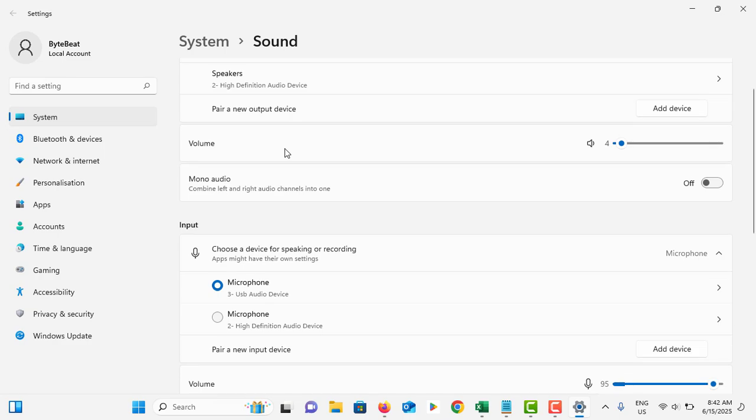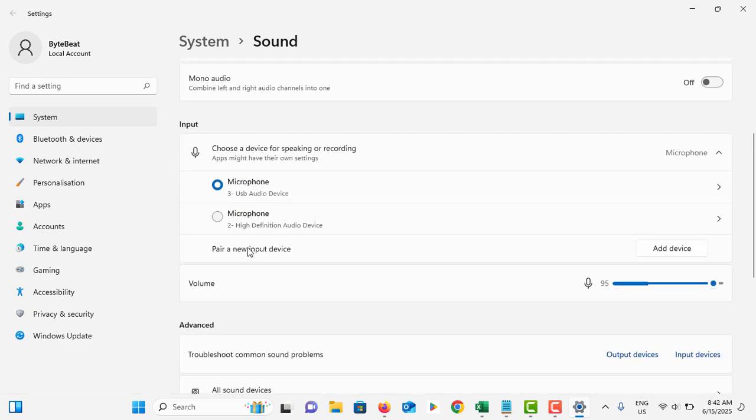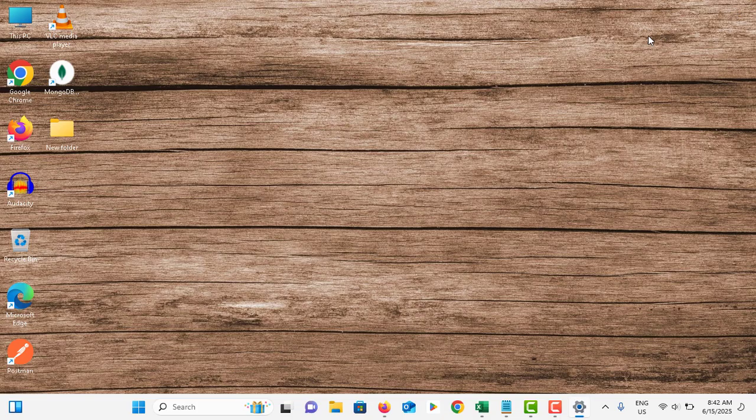and if you are experiencing input audio related issues, make sure to select the correct microphone device. So you can see there are two options here. Make sure to select the correct one, then after close this one, and again right click on your start menu, go